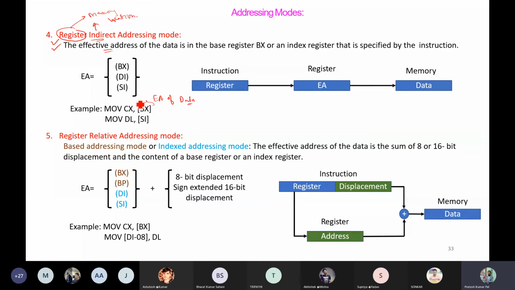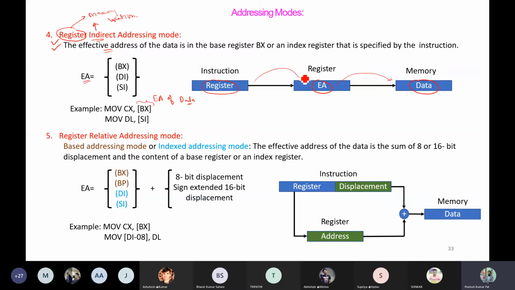So here in the instruction, a register will be given, and this register will be containing the effective address, and this effective address will be having the data location, the data value. This effective address will be defining your data. Finally, whatever operations we need to perform, we should have the data. So these are different types of how we will be storing the data. Here the register is working as the effective address of that location, and this effective address will be providing you the data.